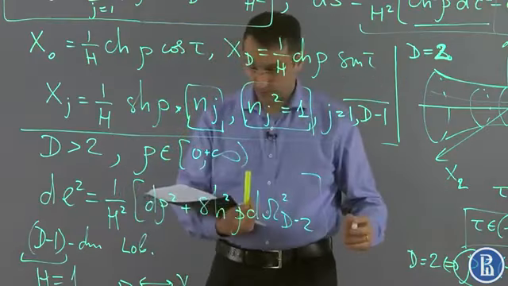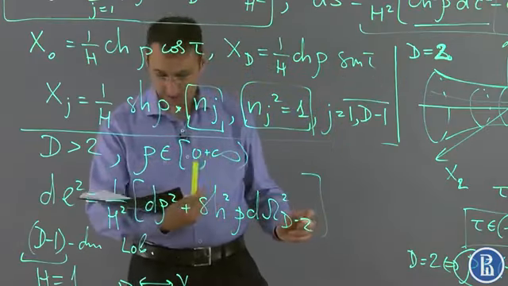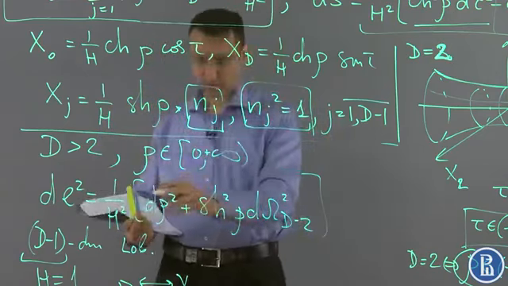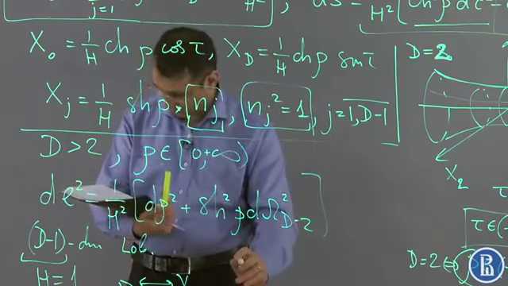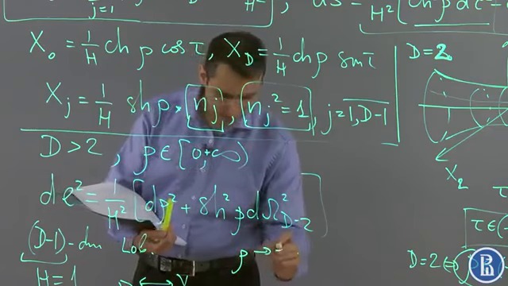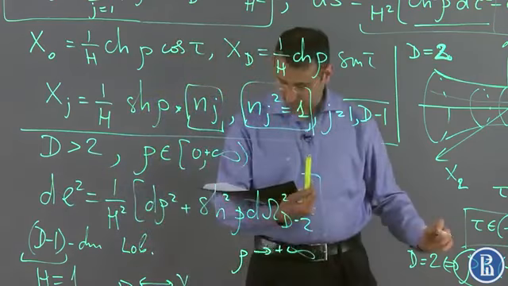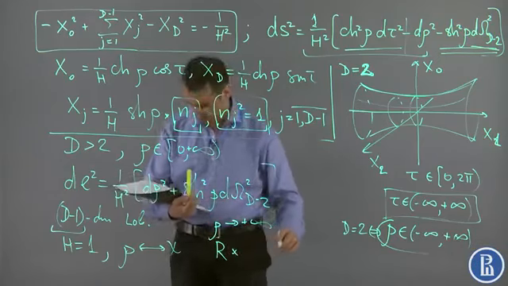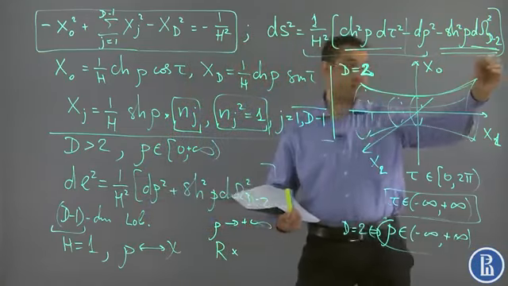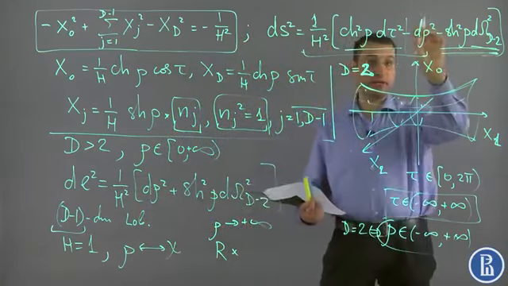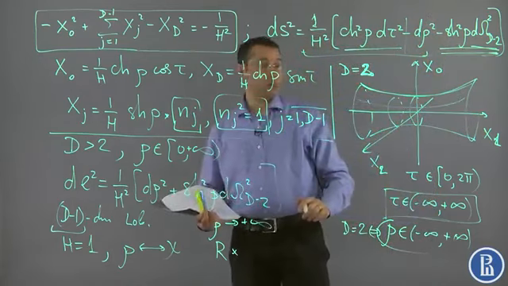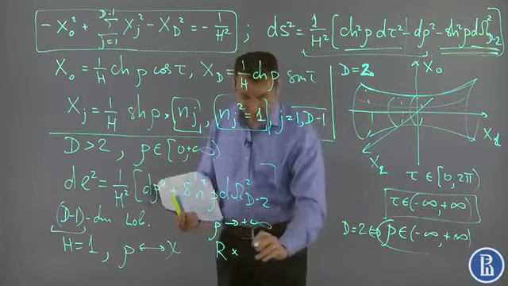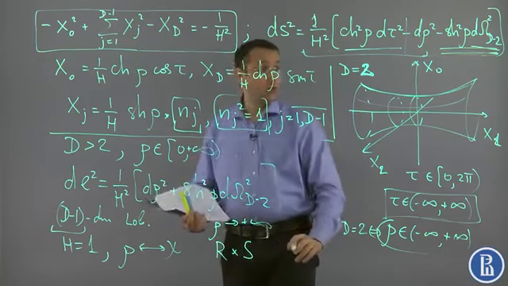It is also important that the spatial boundary of this space, when rho goes to plus infinity, is conformally equivalent to the cylinder. When we take rho to infinity, the space that we obtain is conformally equivalent to